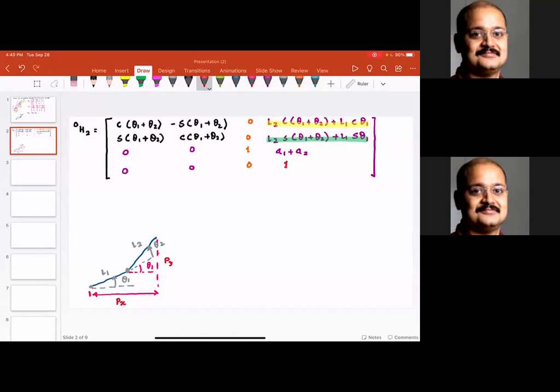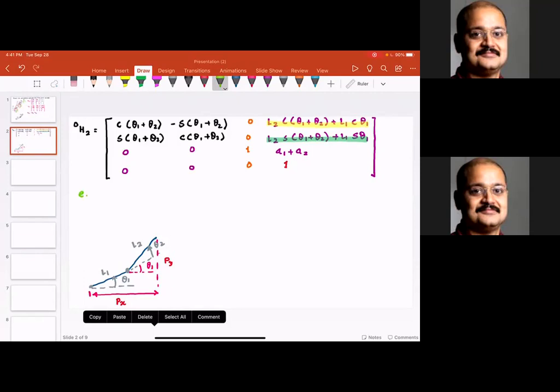So what I can do is, the workspace of this robot is sort of a cylinder. I can just give you the values of theta 1 and theta 2, or I can give you Px and Py, and maybe the final orientation of the robot with respect to the coordinate frame. So let me tell you what that means. The problem statement would be something like this: